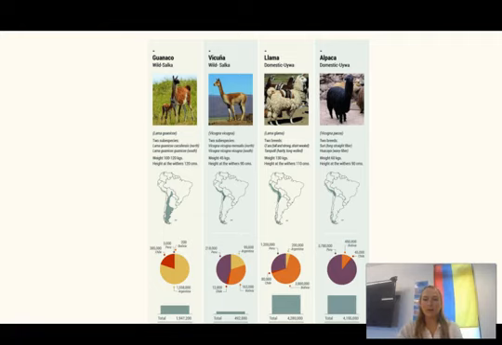Alpacas have very soft wool. They were sheared to make textiles. Llamas can also carry burdens over the difficult terrain of mountains. An adult male llama can carry about 100 pounds. So they're not quite big enough to carry an adult human, but they were very helpful for carrying burdens and goods throughout the mountains. But both of those animals would be used for their meat by people in the Andes.